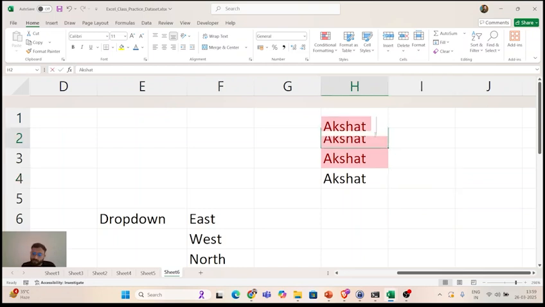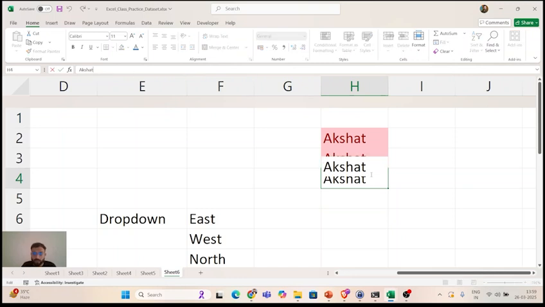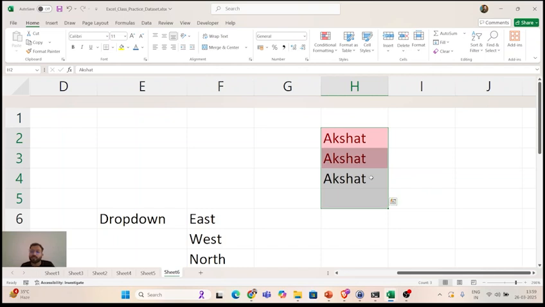Because if I double click on it, I can see very clearly that there are two spaces after Akshar in this first cell. Again, function F2. There are a few spaces after Akshar. Again, okay. And in this Akshar, there is no space. See? Double click on it. There is no space after this Akshar, T. Correct? So actually, they three are different values. This Akshar does not have space after T. Both of them have space after T. That is why this is not highlighted in the duplicate values.